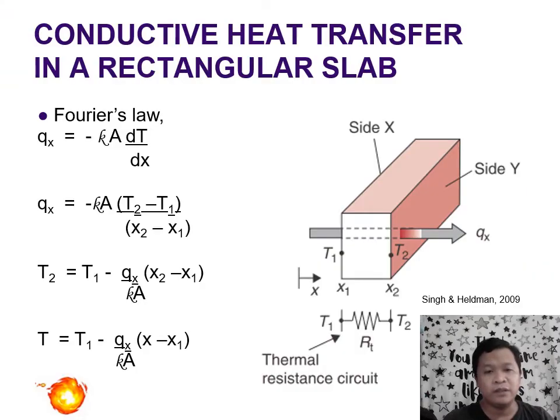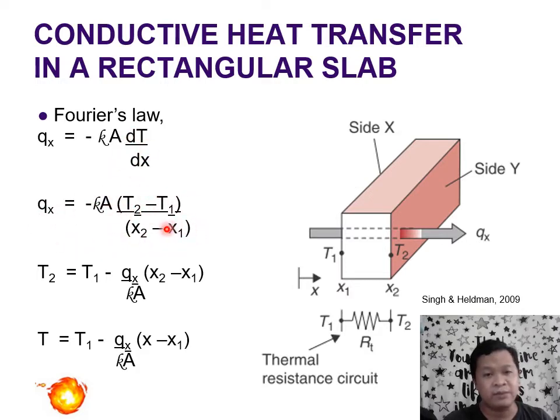So recall our equation on conduction through a rectangular slab from Fourier's law of conduction. The rate of heat transfer Q is equal to the thermal conductivity multiplied by the conduction area, the difference in temperature between the 2 points, and the thickness or the difference between the one point to the other. No? So yan, pag in-expand natin siya, the delta T and the delta X would be T2 minus T1 and